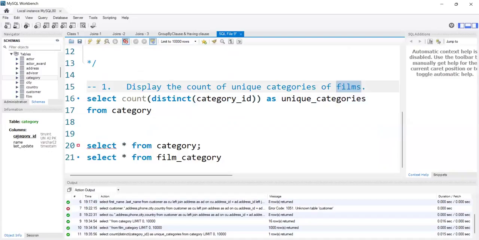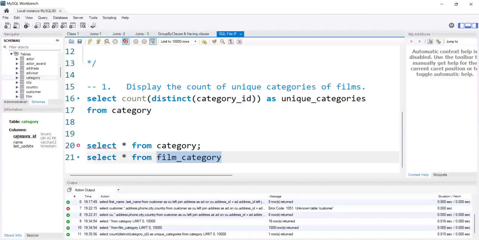As this is some OTT platform's database, I can directly use the category table. But if you think logically, suppose this is the data of a production house, we will have many production houses, right? Whoever is directing the film, producing the film. If that is the case, we need to use the film category table, because in some databases, there will be many categories of films basically, but they might have created